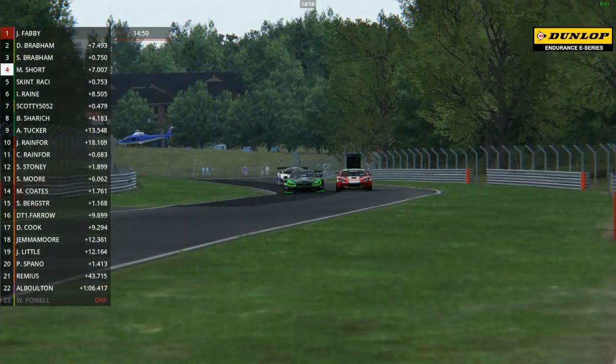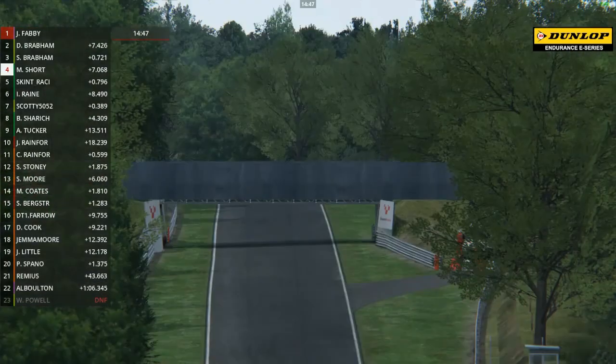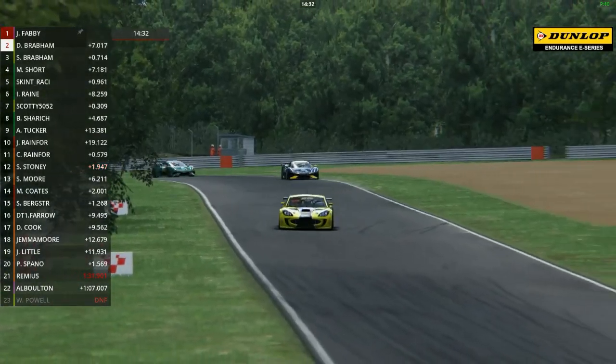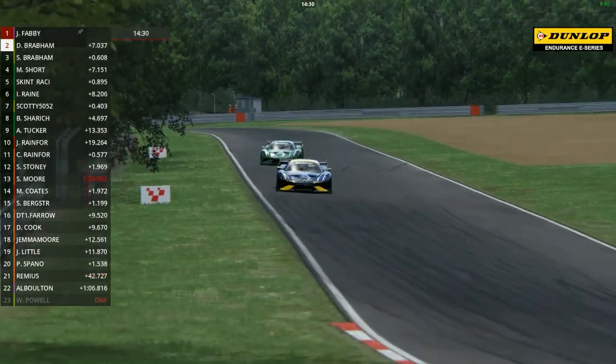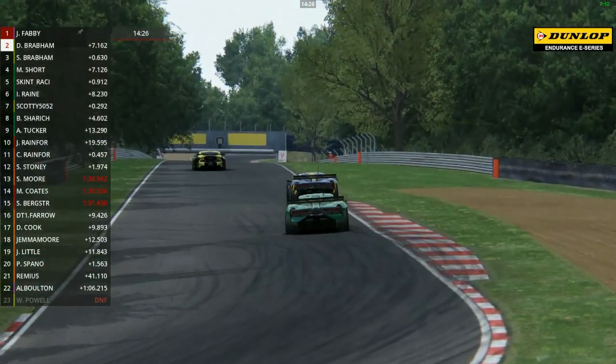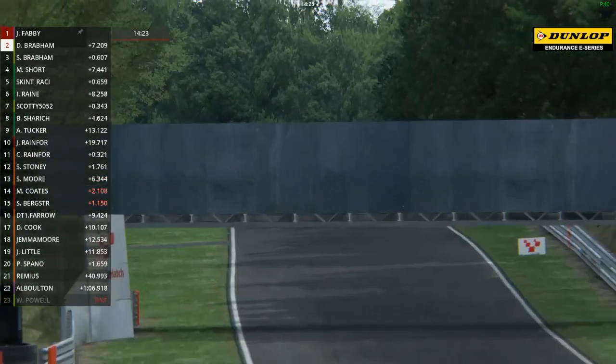He gets past the Tockwith Motorsports Ginetta here. Bobby Trundley in the McLaren is going to try and do the same. I think he'll clear the Ginetta before they get to the next turn. Now this is the battle for 2nd place. David Brabham in the blue and yellow BT62 coming under more and more pressure from his son Sam Brabham, who,